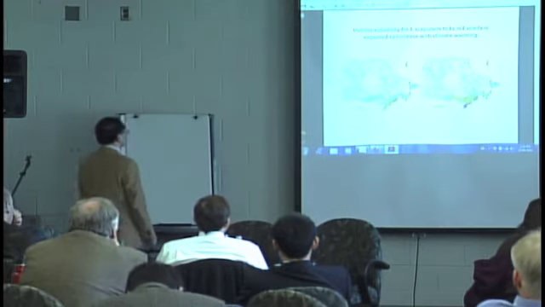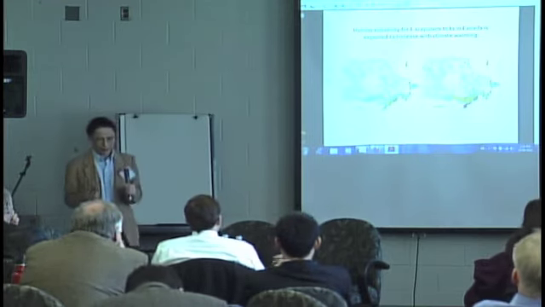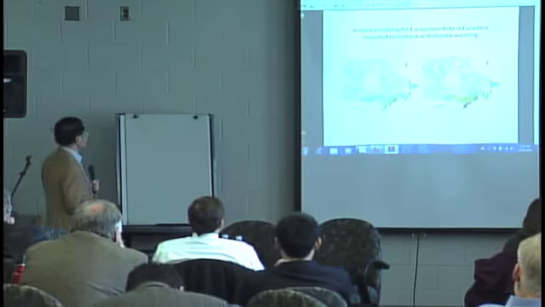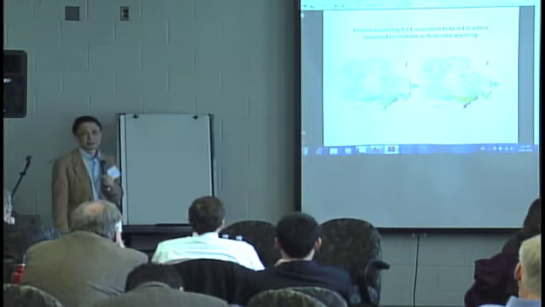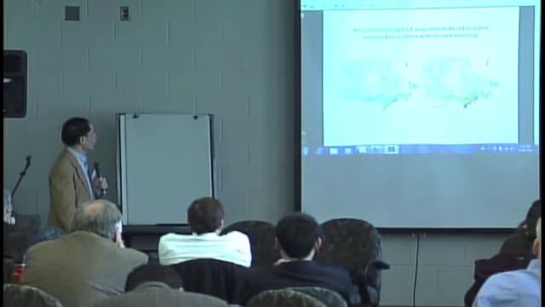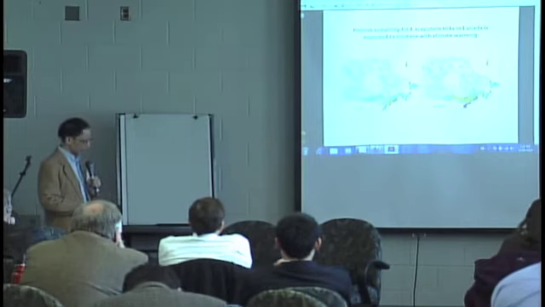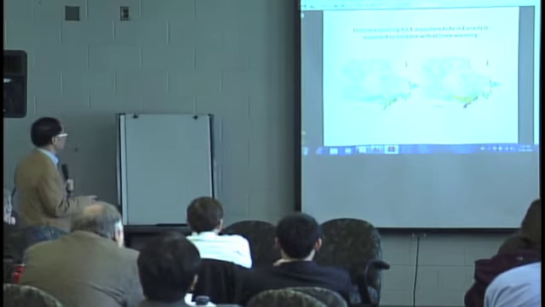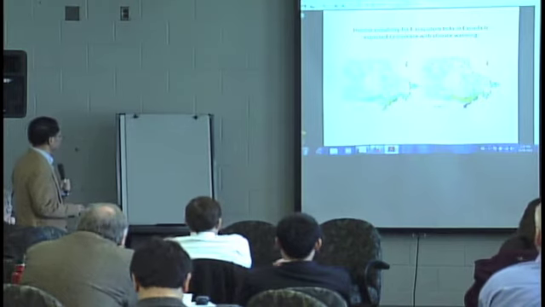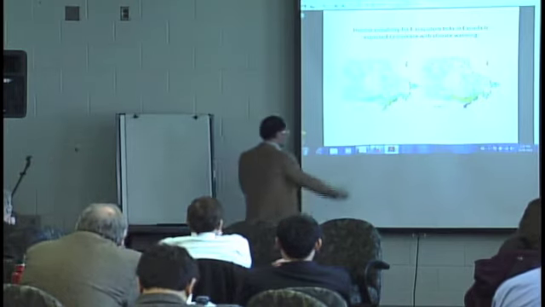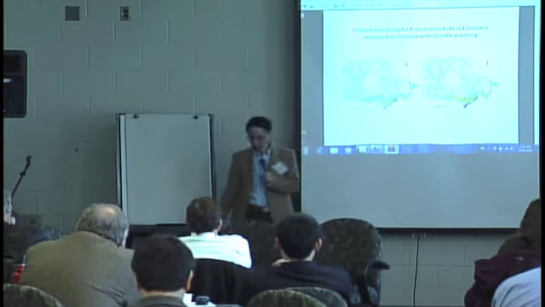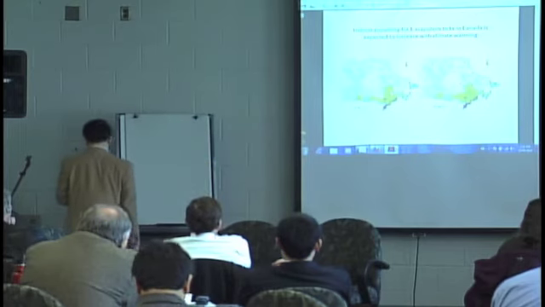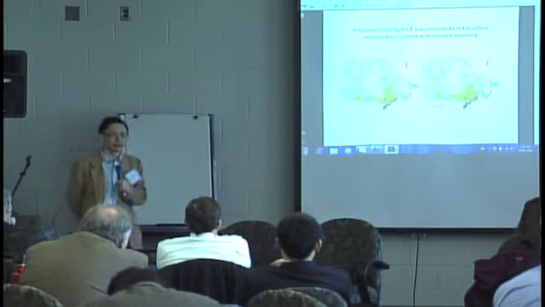And this spread is really dependent on the tick population, and the habitat suitability for ticks is changing, especially as the environment and climate change. This is a prediction by Nick Ogden from the University of Montreal and the Public Health Agency of Canada about the spread of the ticks across Canada. This is 2020. The next panel is 2050. You can see the tick population expanding very quickly with the climate.